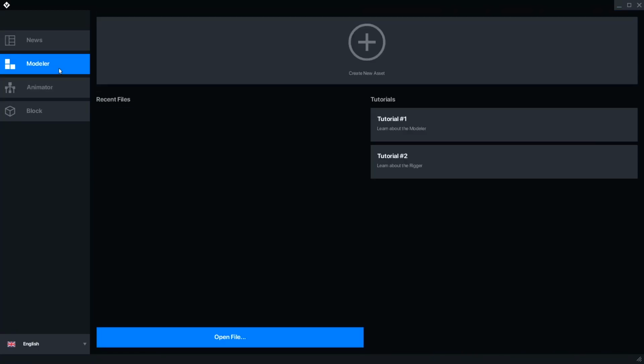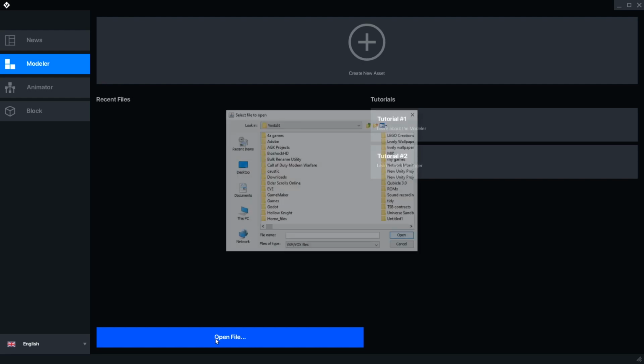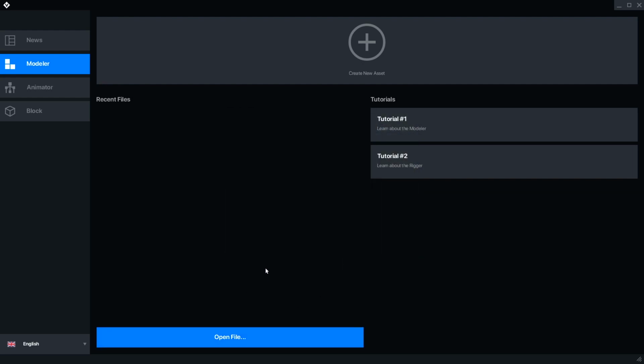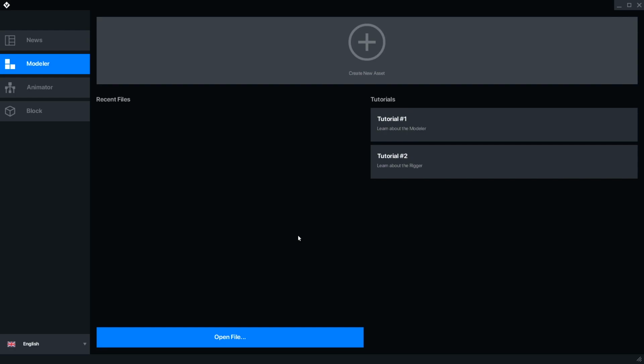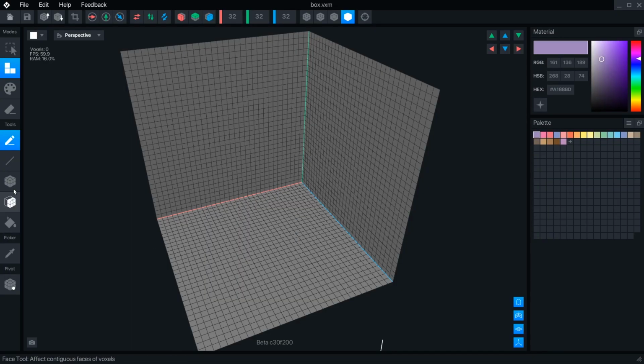The Modeler tab is where we can start building. You can create a new asset, browse to open, or select a recent file. Open File can select a magicavoxel.vox file and convert it to VoxEdit's .vxm format. The Modeler has a toolbar on the left side for building objects, a menu across the top with the different functions, material settings and color palette on the right, and tooltips at the bottom. In the middle is the workspace with the program version number.